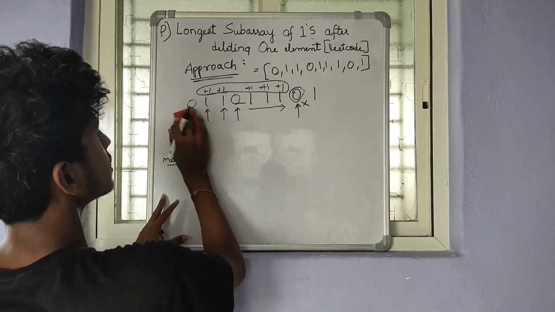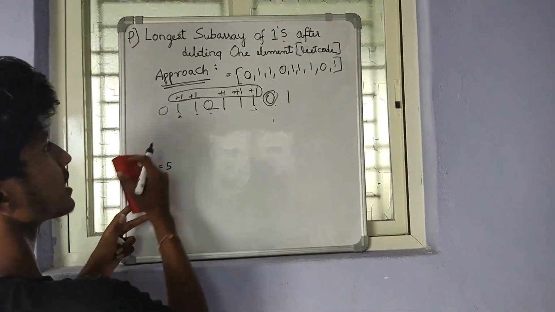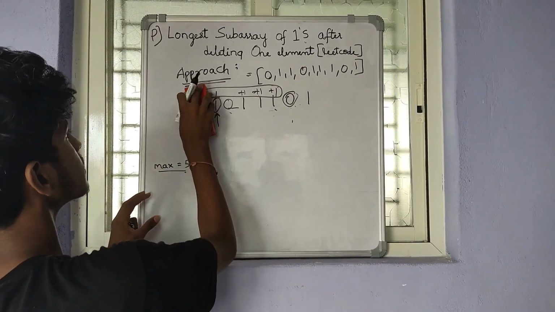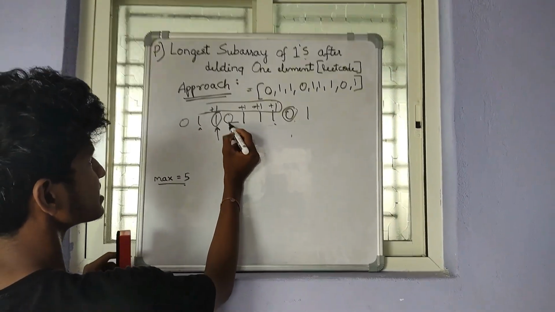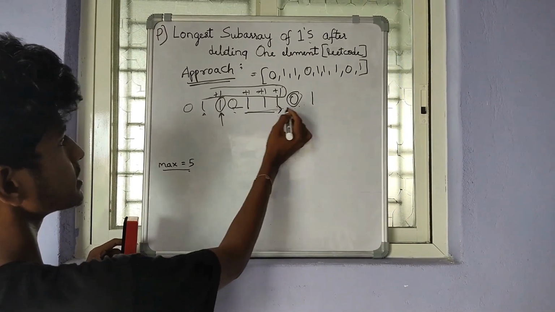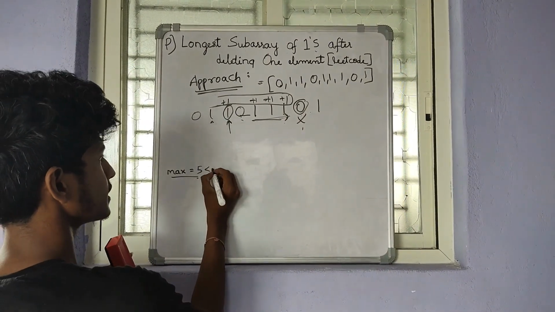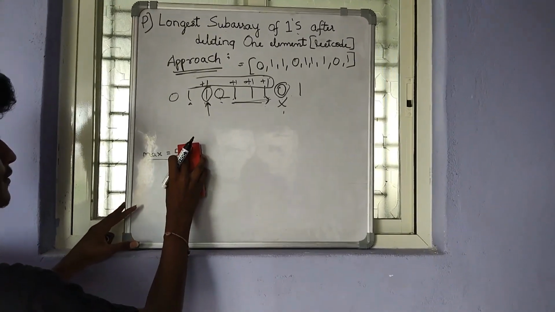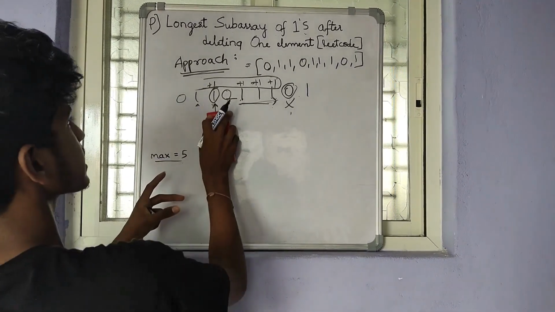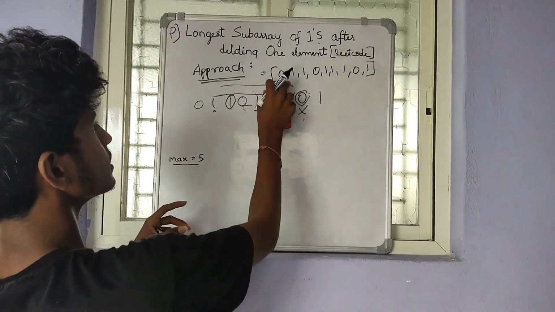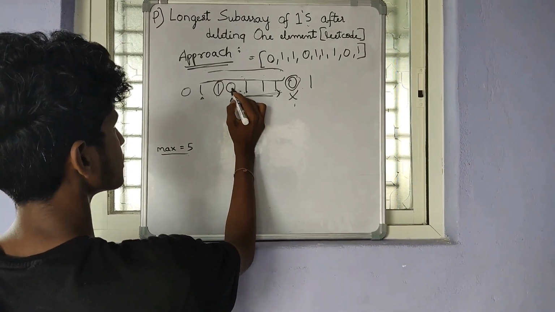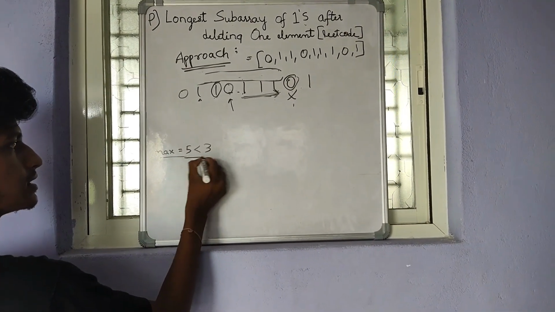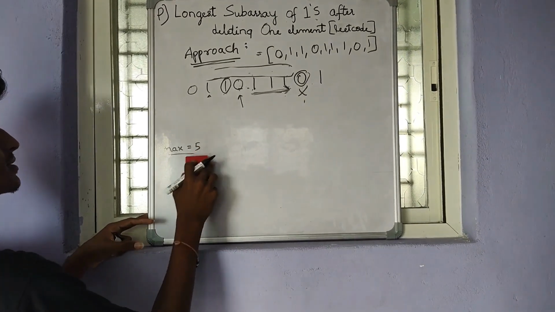Okay, next. You have to start from here. And you will see again plus 1. You will see 0. After that, you will see 3 ones and 0. Break the loop, and this is the max. If it is true, no. There are 4 ones, and see, 4 is not greater than 5. So keep 5 as it is, and then again you traverse from here. Now you start from 0. Whenever you see 0, you have to count the number of ones. There are 3 ones. See, 3 is not greater than this, so 5 remains in this max variable.